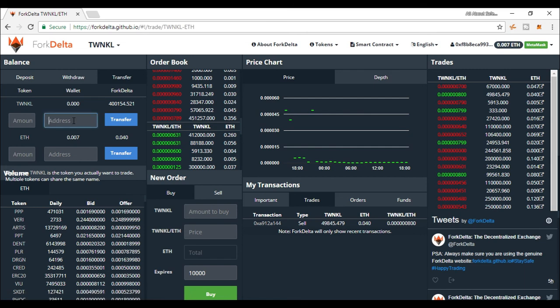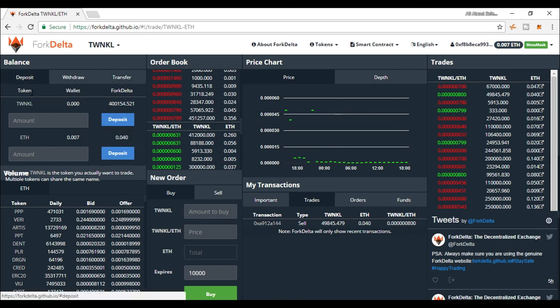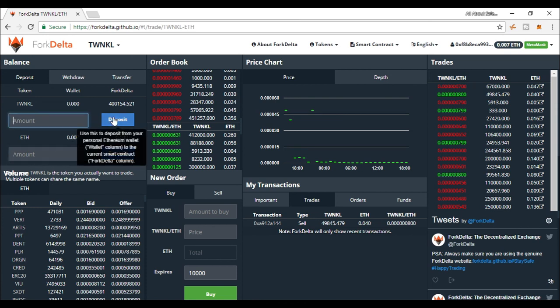Similarly, for sellers, if you want to sell Twinkles, then connect Fork Delta to a wallet which has the Twinkles which you want to sell. This wallet also should have Ether to be paid for the fees. Transfer only the Twinkles to Fork Delta.